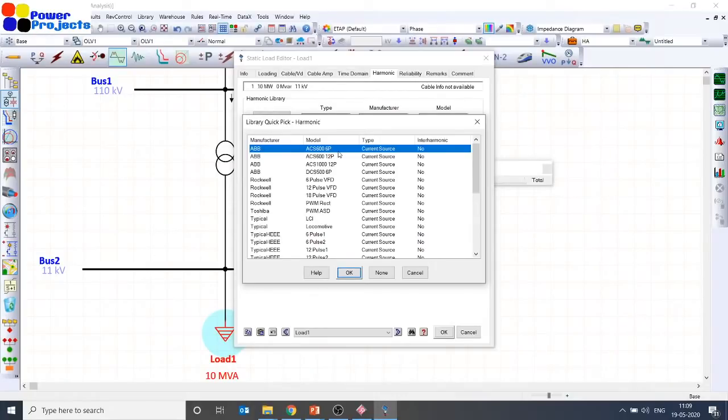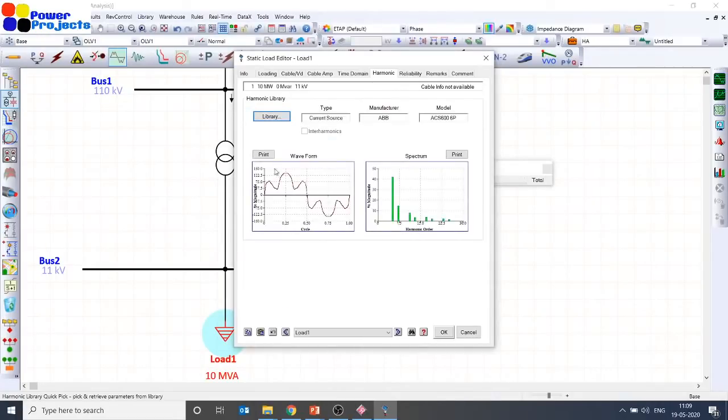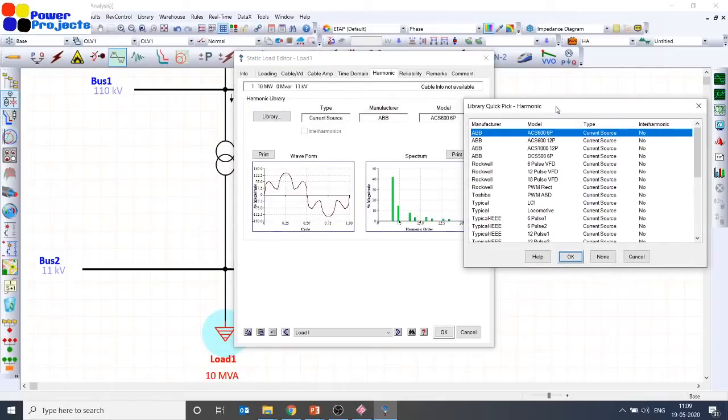Manufacturer ABB ACS 600 is basically a variable frequency drive, a 6 pulse variable frequency drive, you can check. If I just click OK to showcase how the waveform is, you can see this is a 6 pulse variable frequency drive from ABB, that is ACS 606P, that is 6 pulse, and this is the current drawn by that particular 6 pulse VFD. If I change that to a 12 pulse VFD,